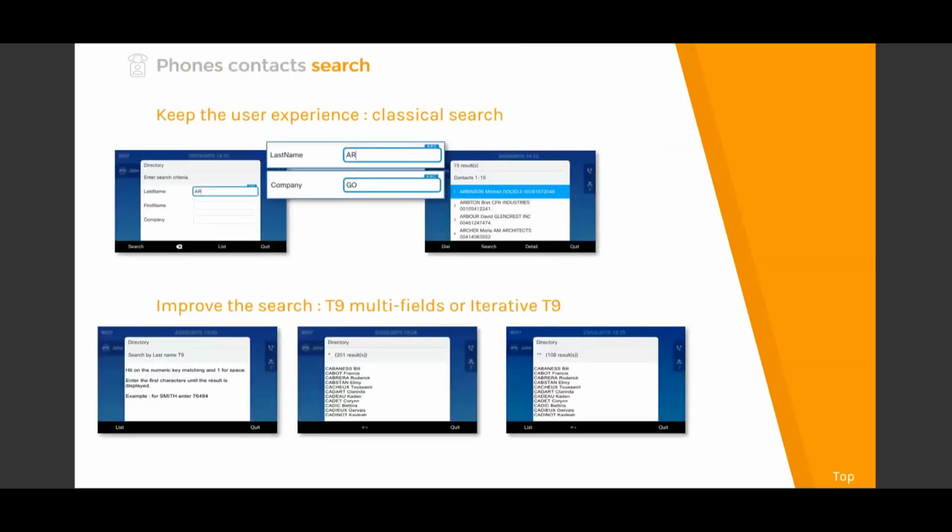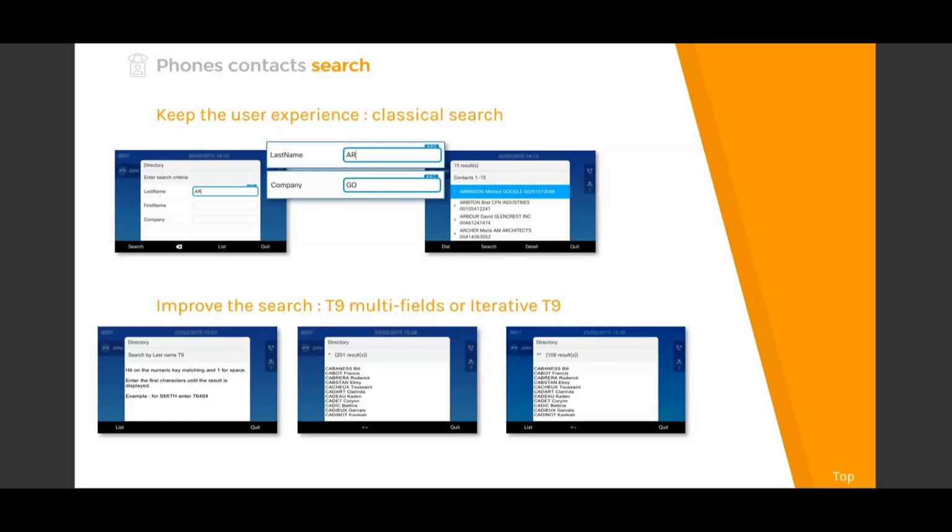For the IP phone, we can help searching from the IP phone by providing up to 5 search fields and more result information, and also up to 4 numbers by contact. And there is a special mode called T9.